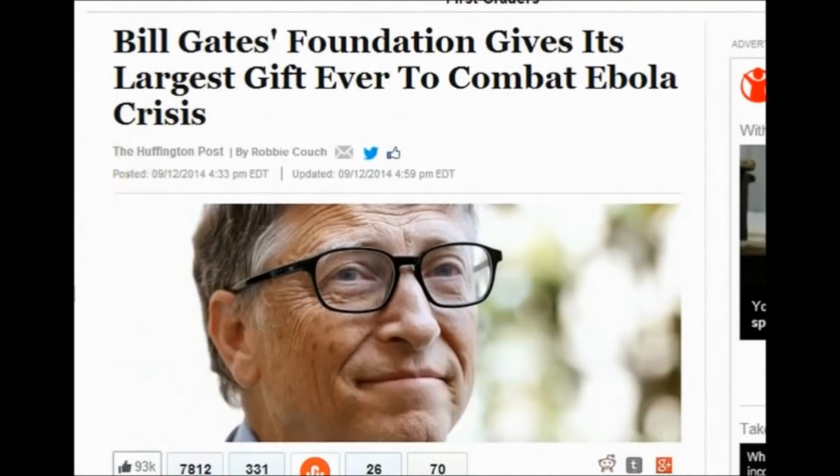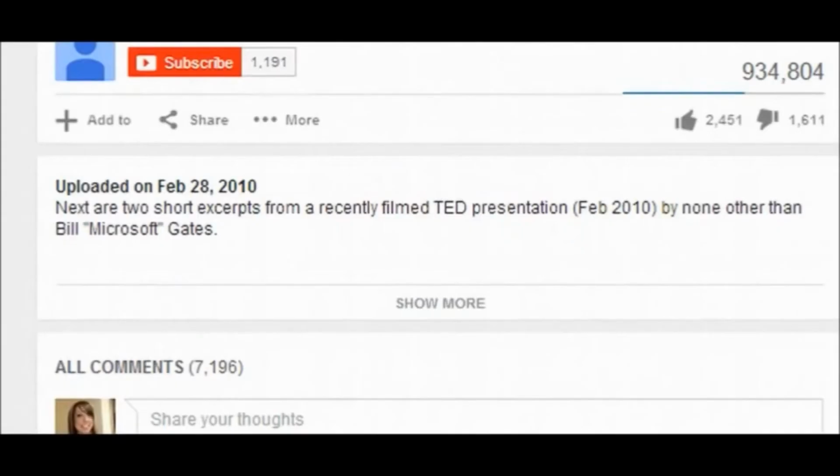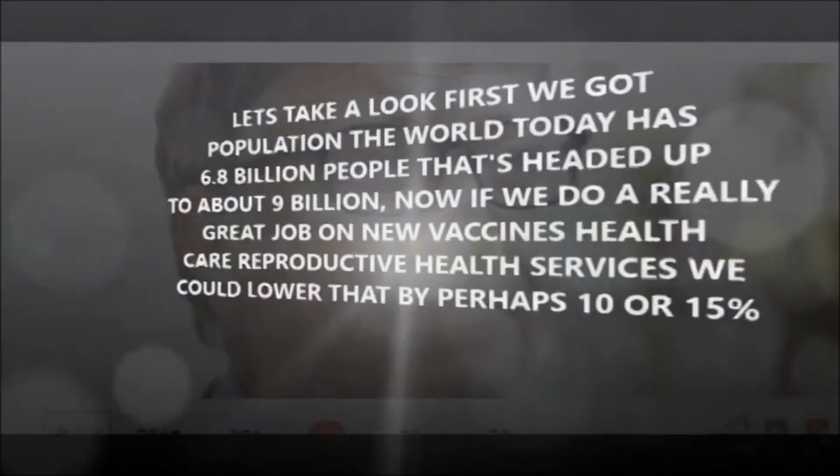All right, then there's this. We know a while back that Mr. Gates donated lots and lots of money to combat the Ebola crisis. He paid $50 million to fight the viral outbreak in West Africa because he cares. Bull crap. Man don't care. He don't care at all. He specifically said that they created vaccines, okay, to depopulate. Let me play. But let's take a look.